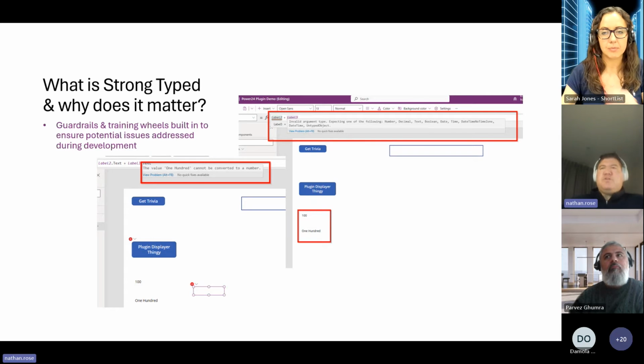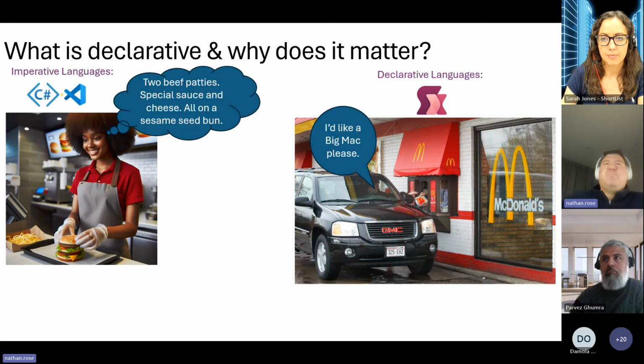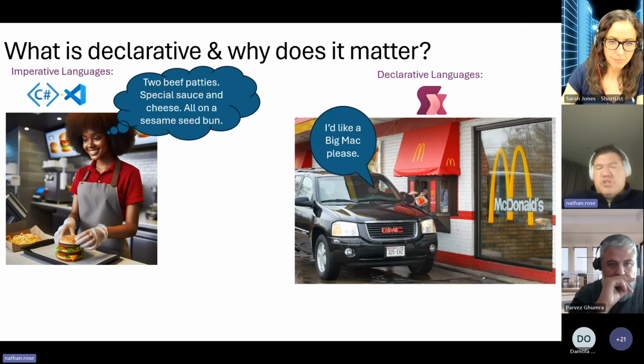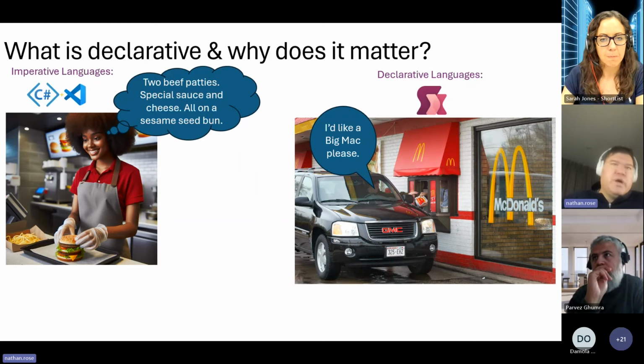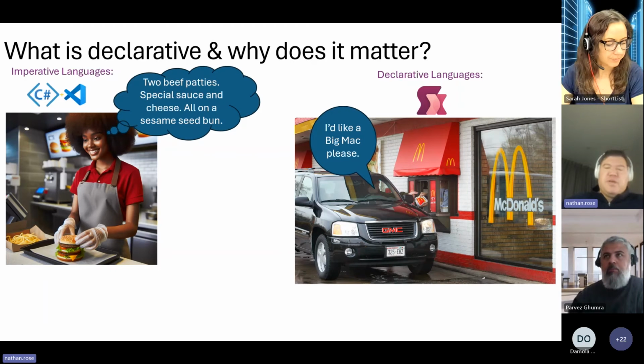But what about declarative? What is that, and what does it mean? So there's a great video from April Dunham on YouTube about comparing this to a chef using a recipe. I'm more of a McDonald's guy, and so an imperative language, which would be the opposite of this, your more traditional programming languages, you not just say what you want, but you give it the steps for how to get there. So in the case of, if I wanted a Big Mac, we go through the jingle: 2 beef patties, special sauce and cheese, all on a sesame seed bun, gets me to a Big Mac in more traditional programming. Whereas in PowerFx, I roll up to the drive-through and I say, "I'd like a Big Mac, please,"